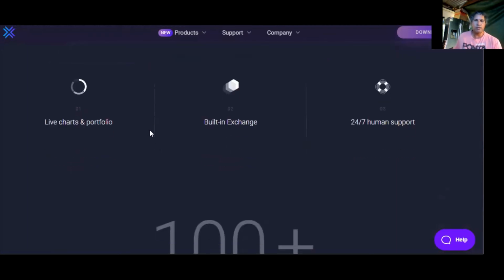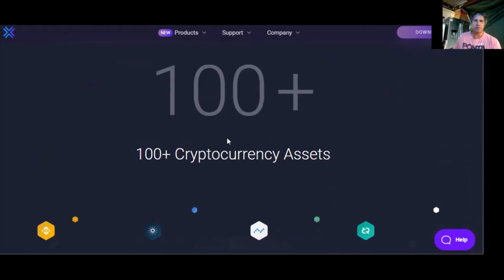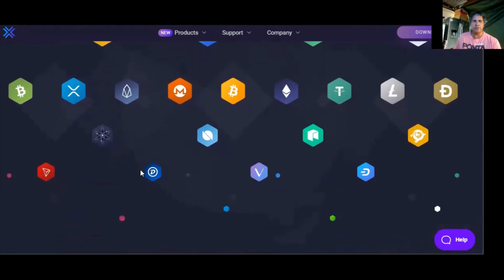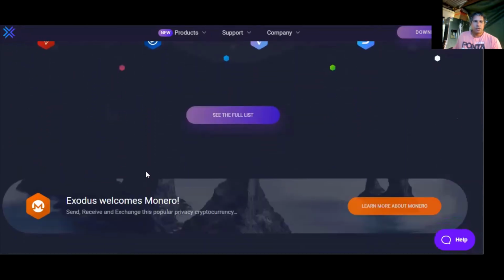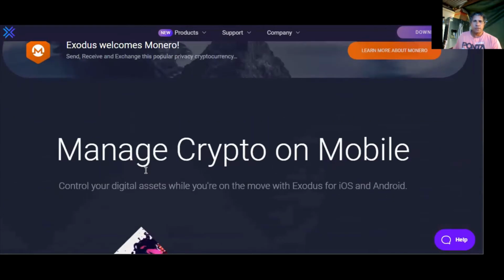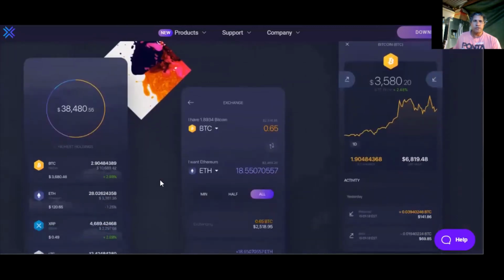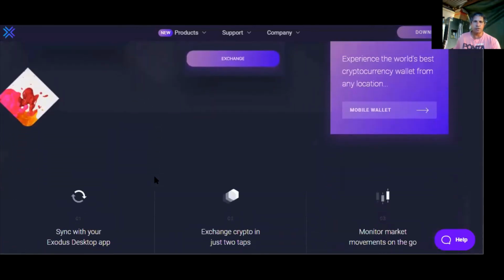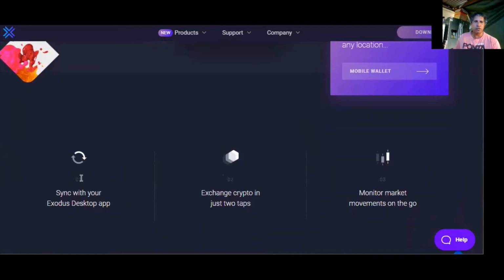And then once that's all done, this is 100 plus here, but it's 125 on some, 130 on others. They're just adding more and more features to it each and every day. They've also brought out now a mobile app for both Android and iOS systems, so you're able to use it on your mobile phone as well. You can sync them up together with the desktop app, and they will reflect exactly the same